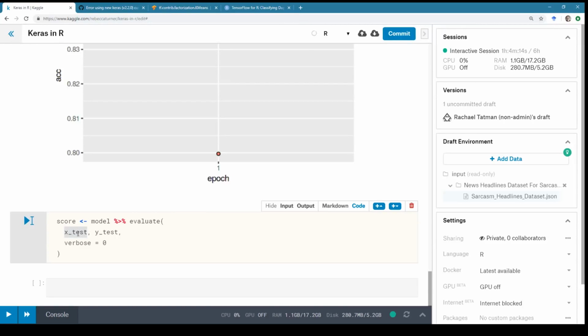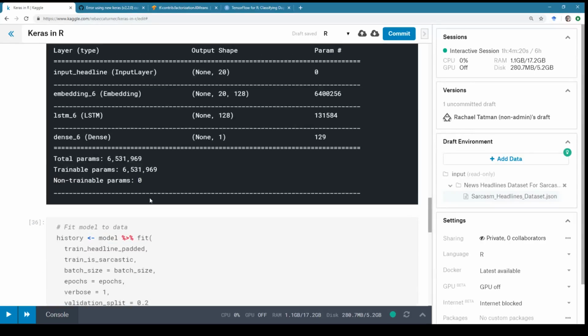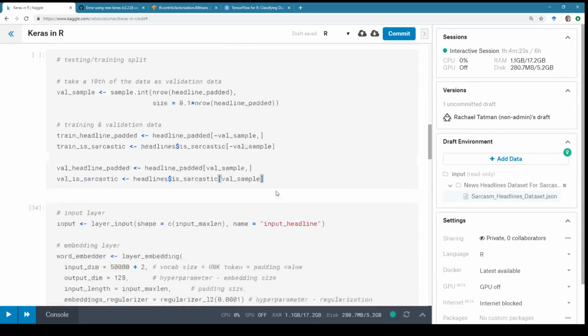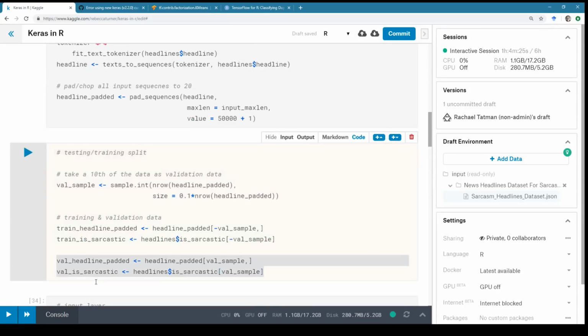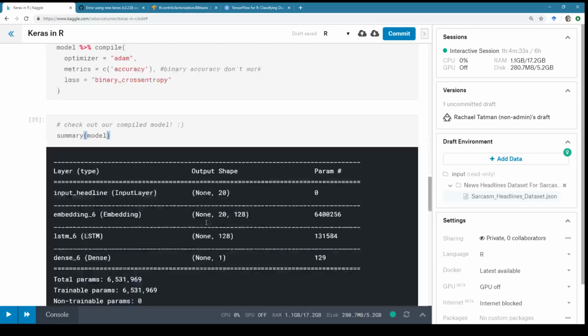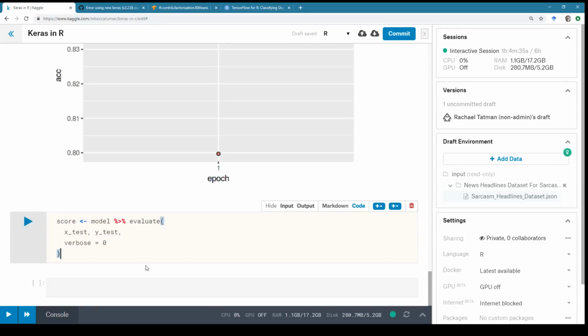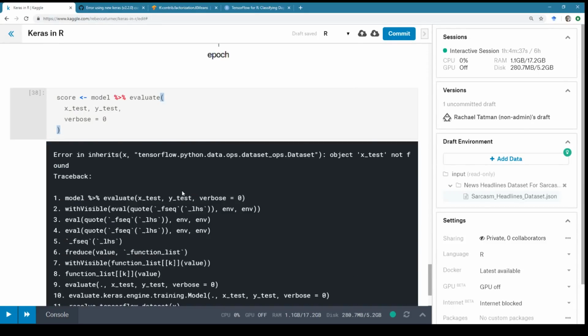But we should be able to do X test, Y test. So we may have to feed in both of these together. Yep, yep, yep. Actually, this might just work. I don't think it's going to. It does not just work. Okay.